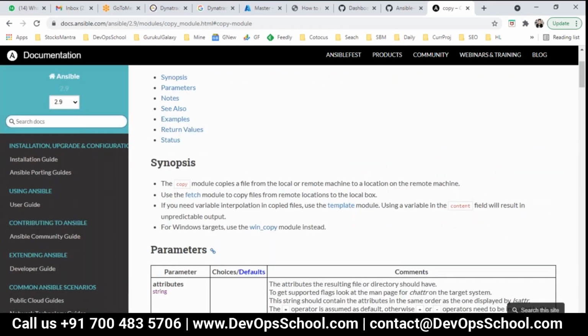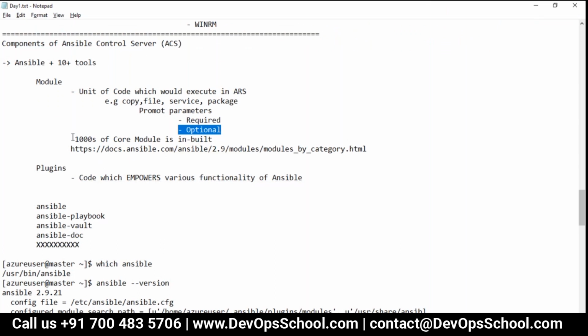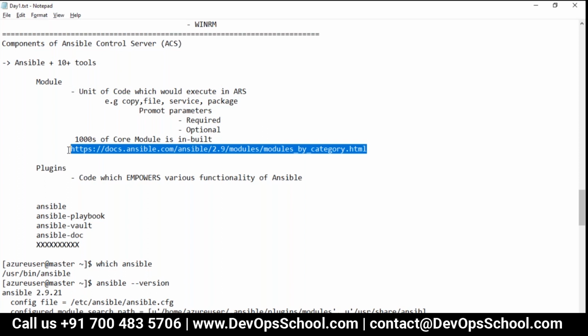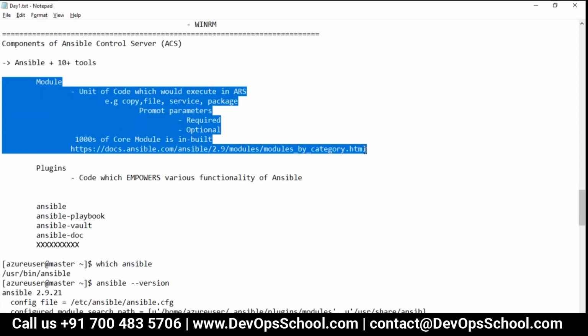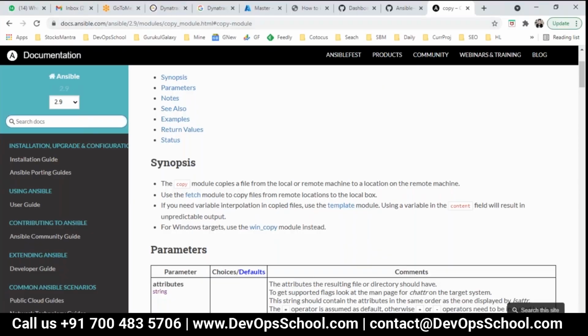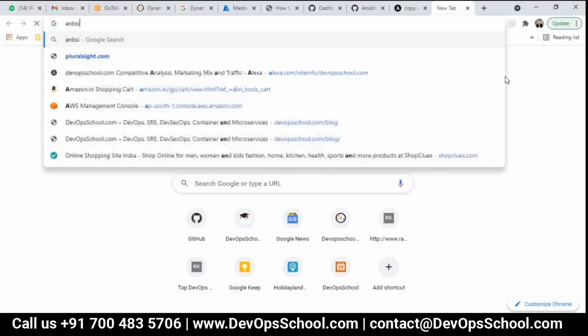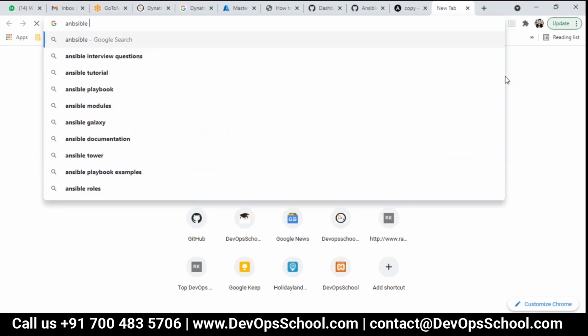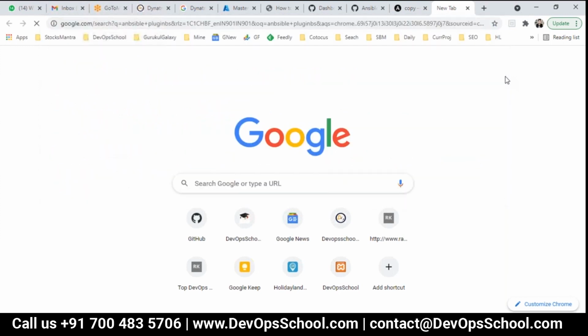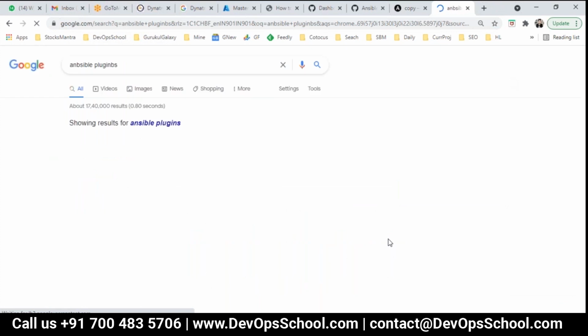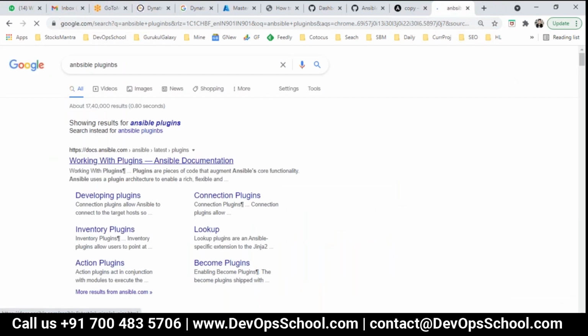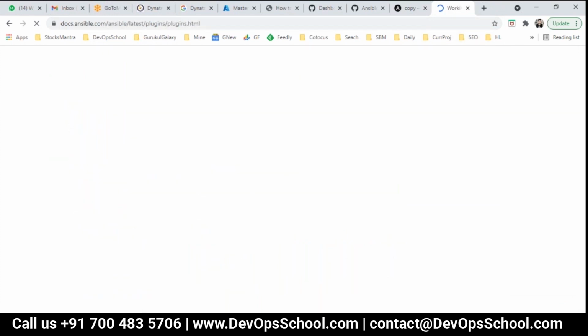Remember how many modules you have? Thousands of modules. And where do you get all these options? Only one place you look at. These are the modules. Now, plugins, I'm not getting into that because that's a feature of Ansible and slowly we'll learn it. But for discussion's sake, I want you to spend some time here so you become familiar with it. This is the plugins page.